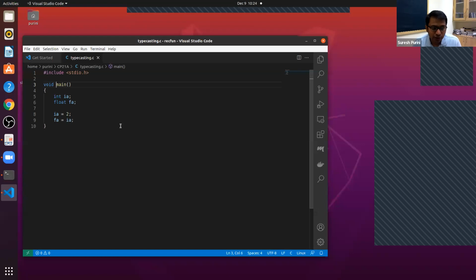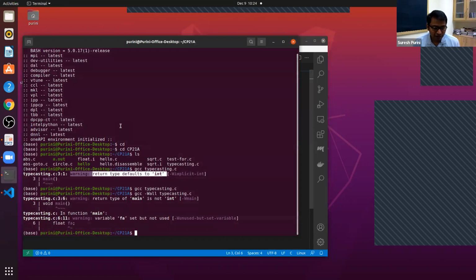Anyway, so here the value 2 is assigned to a floating point number, and the internal representation of 2 in the variable IA and the internal representation of 2 in FA, they are different. Minus Wall gives all the warnings, minus capital W all, that is generate all the warnings.